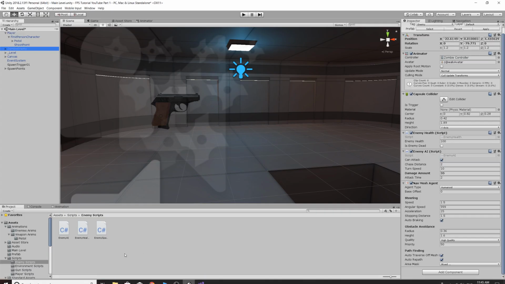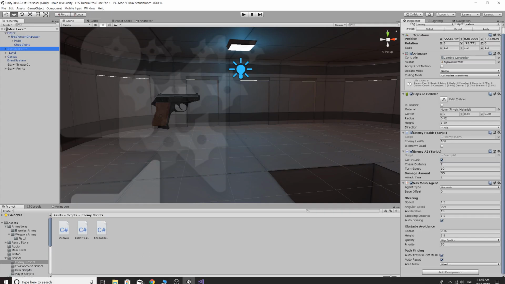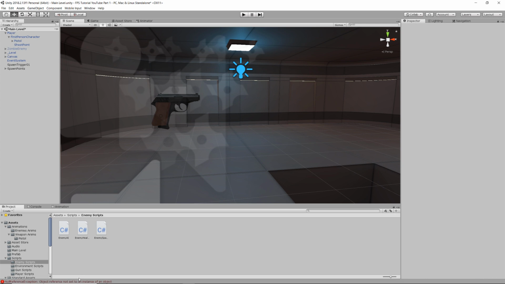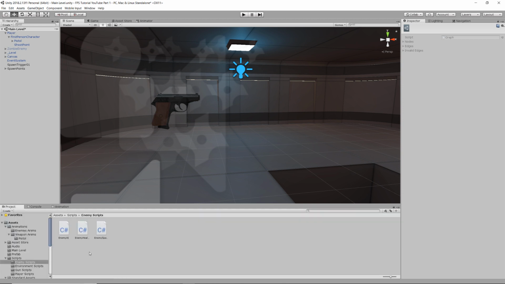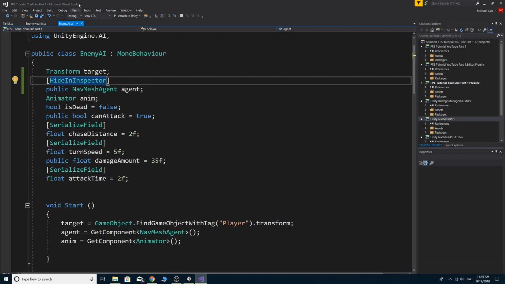I just noticed something. What is this? Get out of it. What is this? Okay, this looks like a Unity. Yeah, this is just a Unity error. I'll just clear that away. That's fine. So, getting back